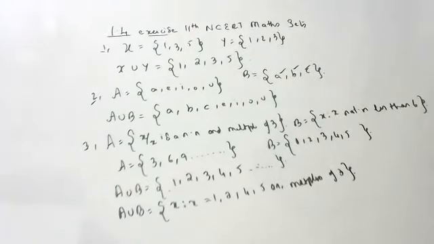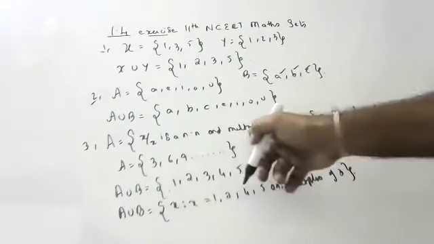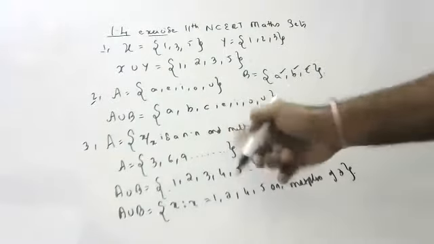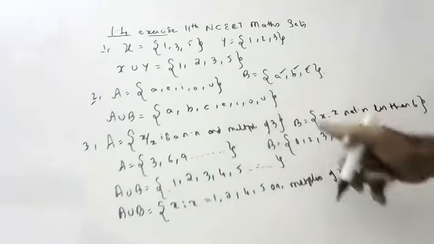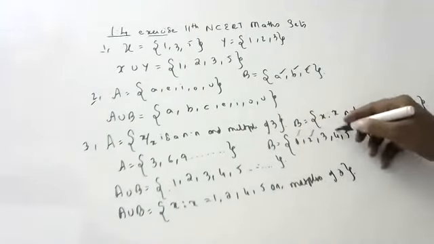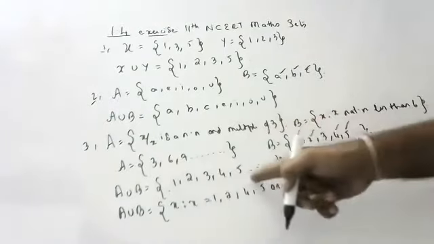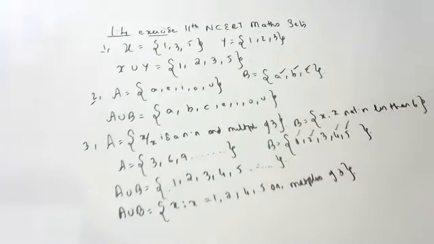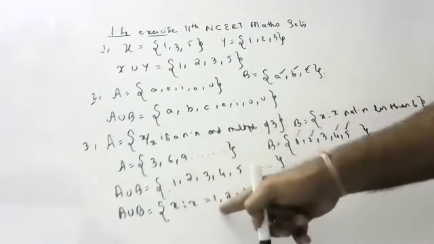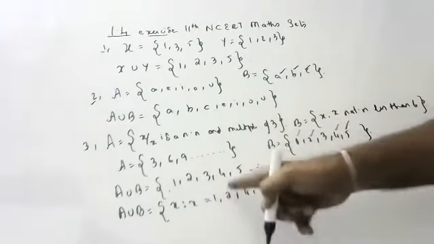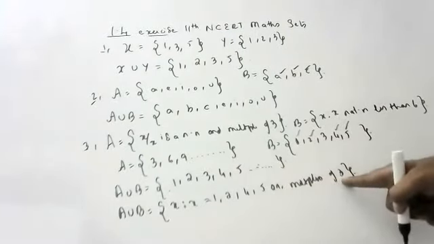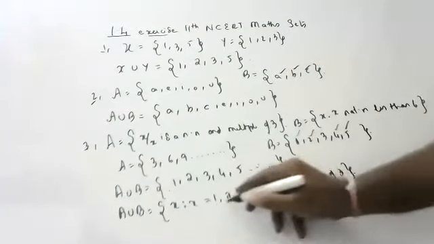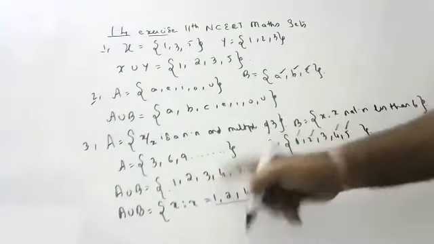Sir, I didn't understand that, sir. One second, I will tell. Here, see, A is saying multiples of 3. So 3, 6, 9 continue, children, it's an infinite set. And B has only numbers less than 6. When they asked A union B, 1 will come, 2 will come, 4 will come, 5 will come, and of course, all the multiples of 3 will come. This is A union B in set builder form. 1, 2, 4, 5 are there, and apart from that, all the multiples of 3 are there.